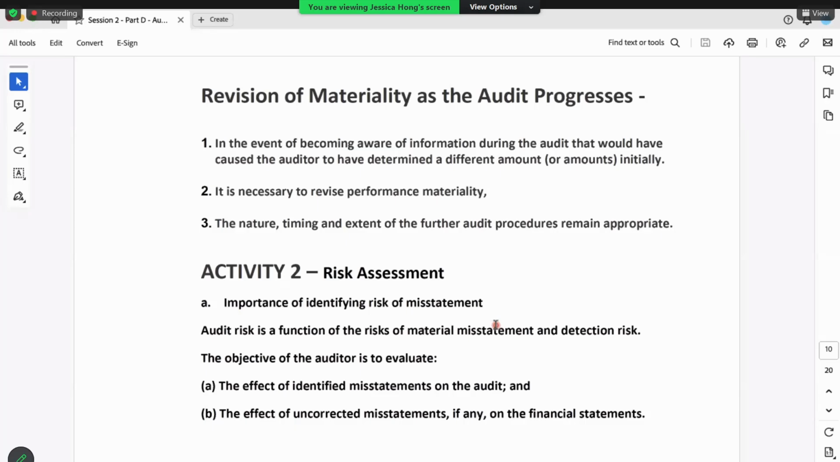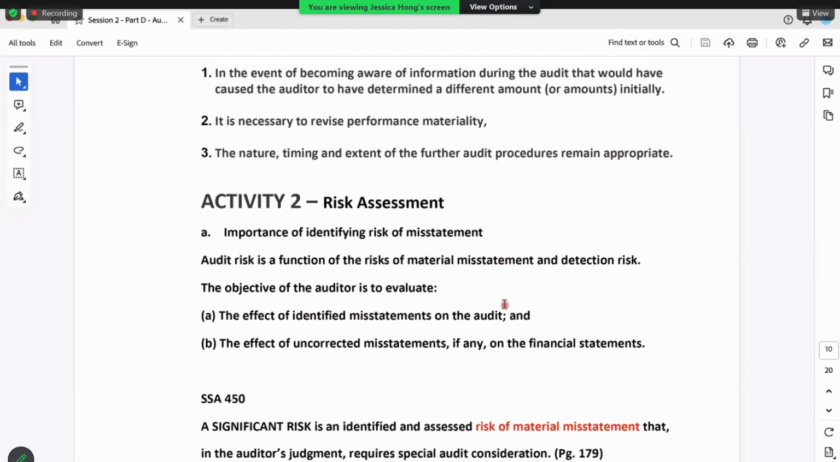Okay, so the nature, timing, and extent of the further audit procedures must remain appropriate. All right, you can consider doing more audit procedures, or maybe doing more audit sampling. It could also be the timing. You may want to do another round, maybe at a later time, for example, subsequent events. All right. So from audit materiality, now we are going to connect to the next section, which is called the